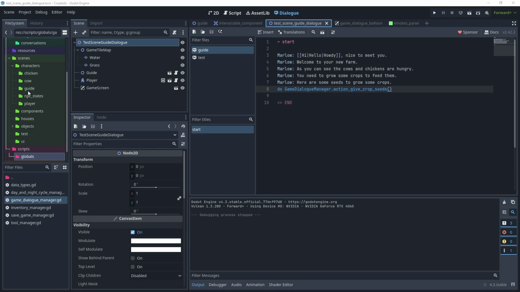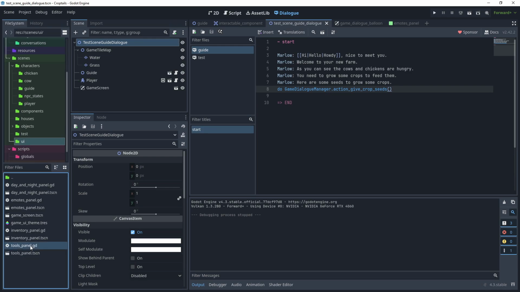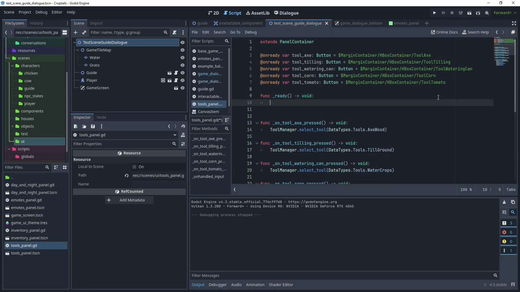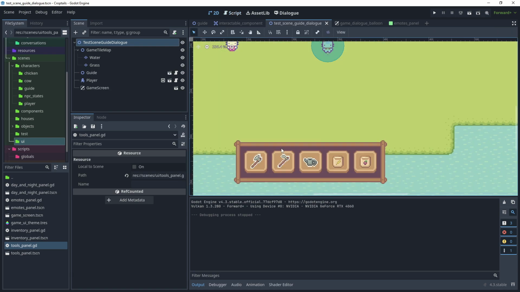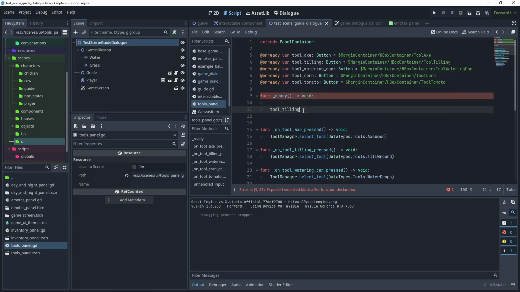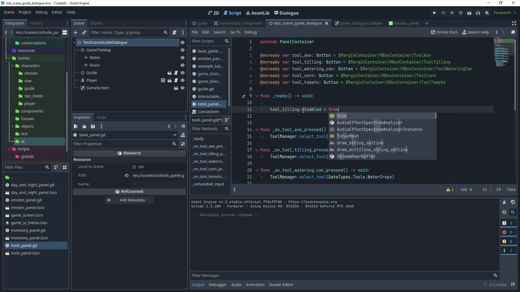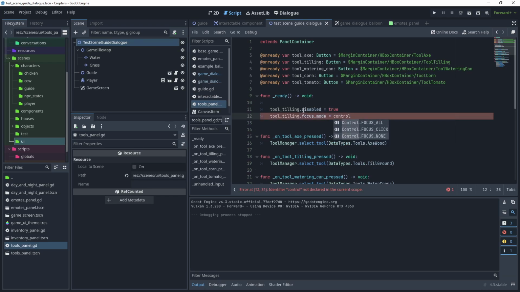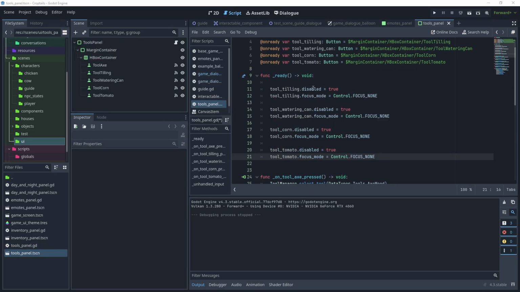So go to Scenes in UI and go to the Tools panel script and override the ready method. And in the 2D scene, when the tool panel first loads, these 4 buttons will be disabled. When the player interacts with the guide and gets the crop seeds, we will then enable these buttons. So let's just disable these buttons first. So we'll get the tilling tool and disable that, and also turn off the mouse focus mode. So I've now disabled the button and focus mode for the tool tilling button, the watering can, the tool corn,